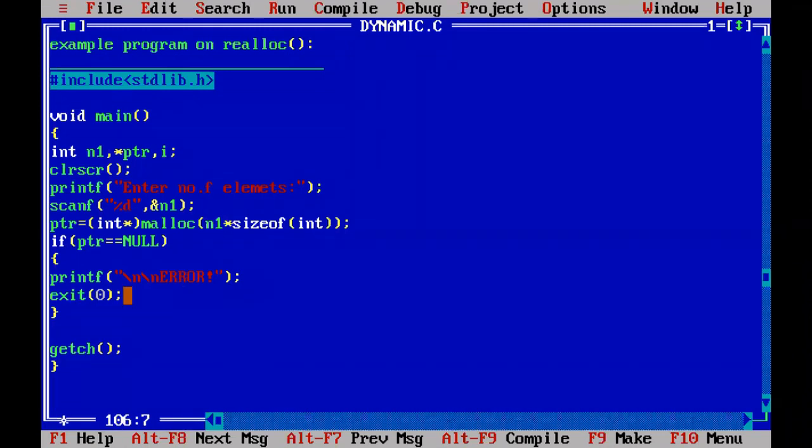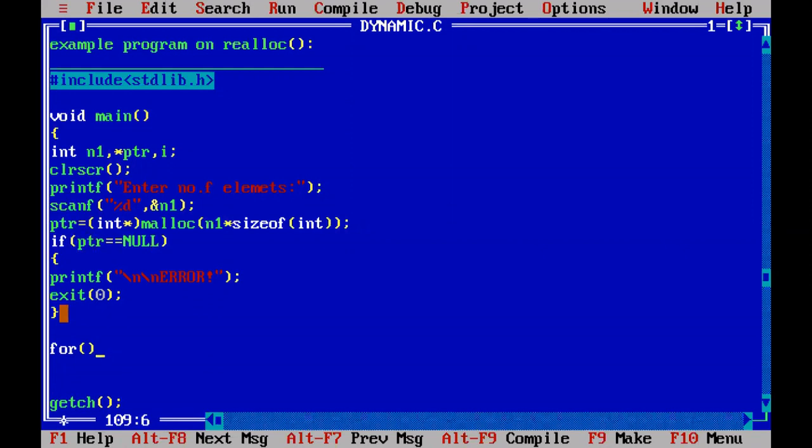If memory is really created, the integer pointer will hold an address instead of null. Then ptr equal to null is false. Then this block of code which belongs to the if condition is skipped, and we will go to the next statement after the if condition. Now you print all the memory addresses. We wanted to know the addresses, whether memory is really allocated for 5 elements or not.